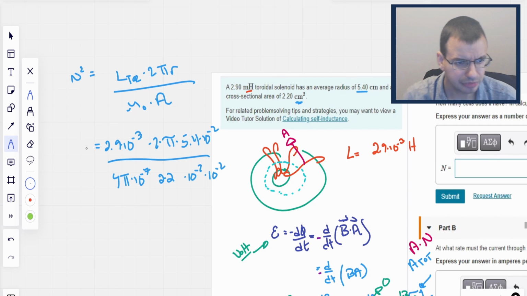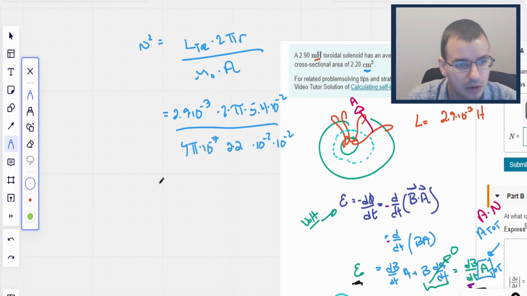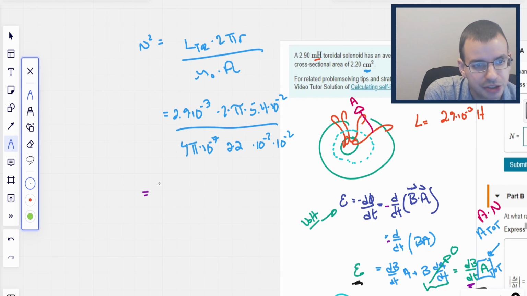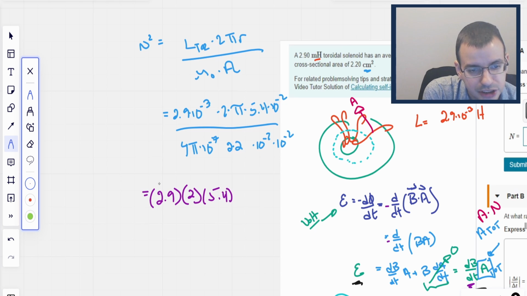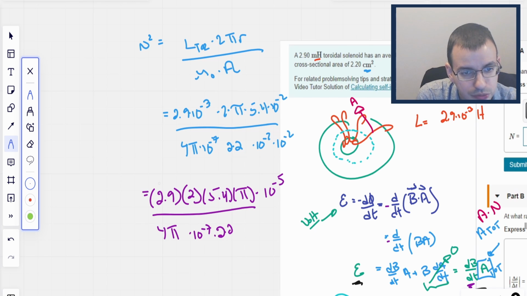Yes. And the idea there is because we have to do it for each of them. All right, so now I'm just going to rearrange this. We'll do 2.9 times 2 times 5.4 times pi times 10 to the negative fifth, because we have negative 3 and negative 2, divided by 4 pi times 10 to the negative 7th times 2.2 times 10 to the negative